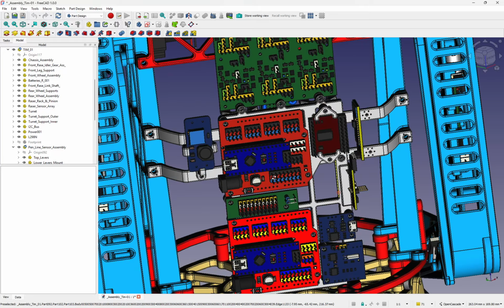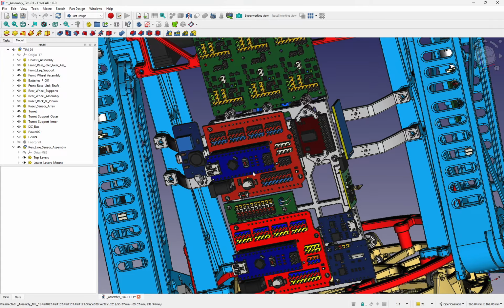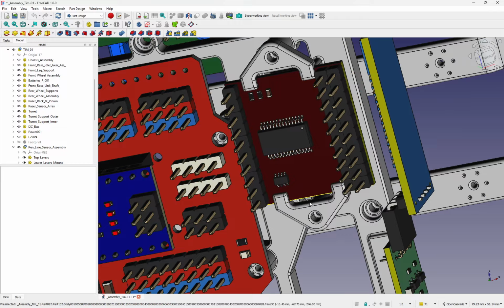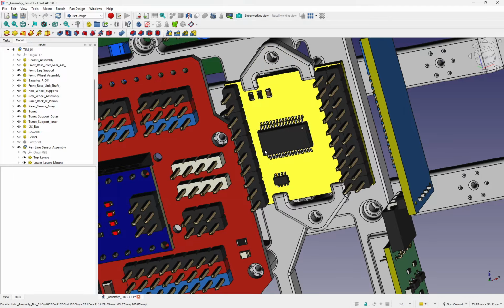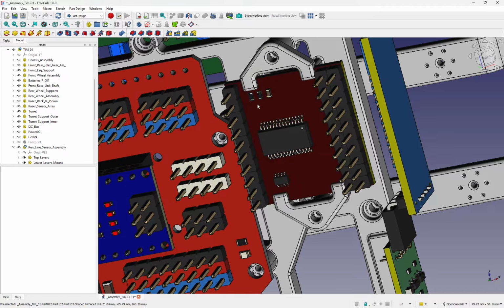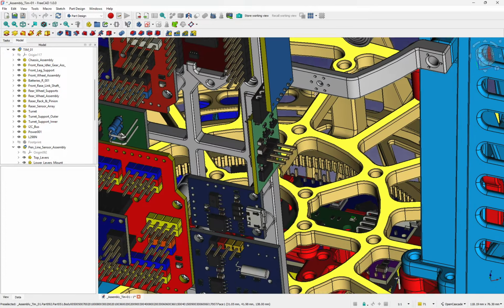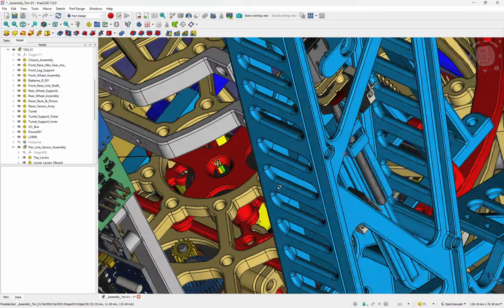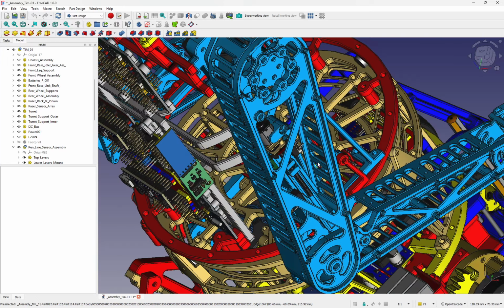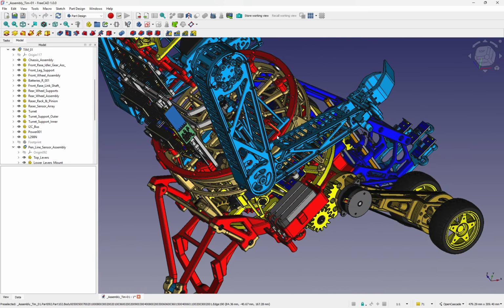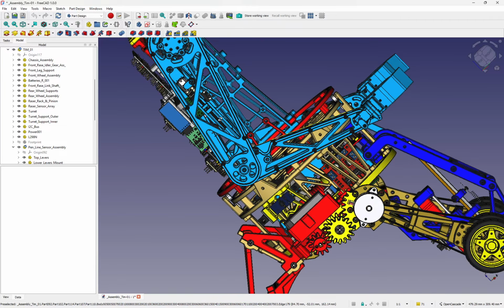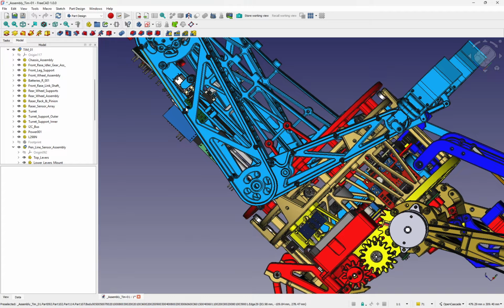But this is another way of showing off what I do. Like there, you see, I've got a mount, and there's no screw holes in this thing, so I had to design a mount to mount it. But knowing where the components are, you can see that it's not going to get fouled. Yeah, I don't know if I can show any other things. So pretty much. Oh yeah, and I think inside the arm, I've got some little